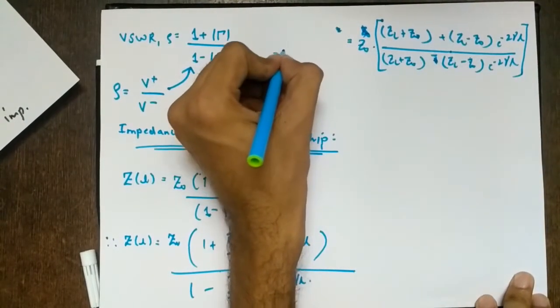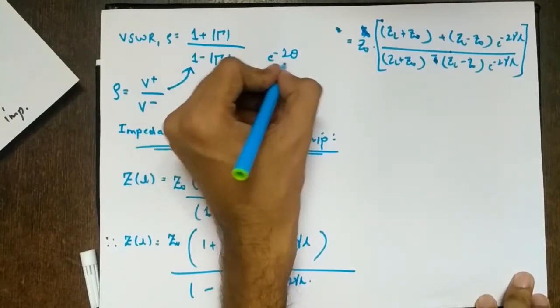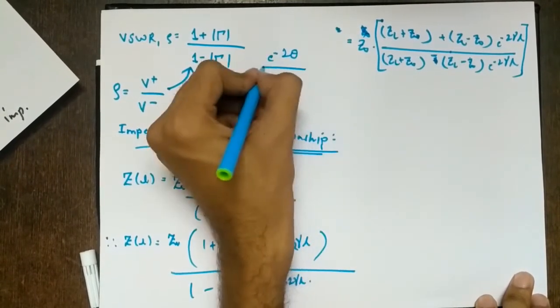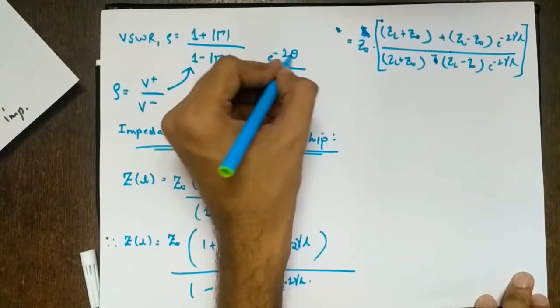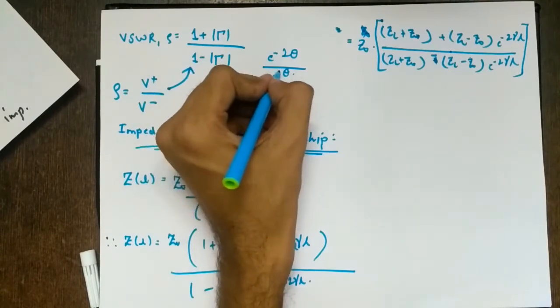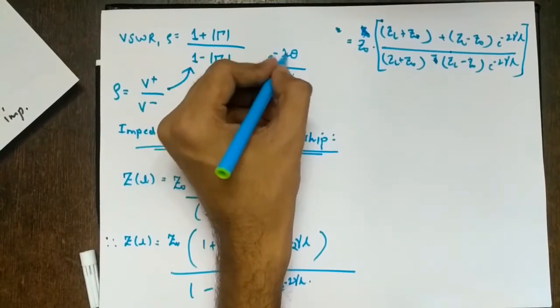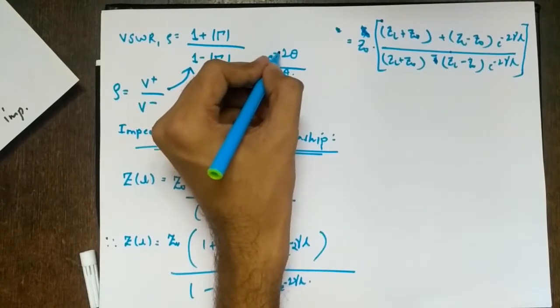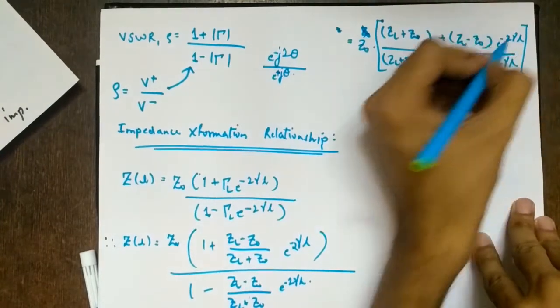Whenever you have an e raised to minus 2 theta term, you divide it by half of it. So half of it is how much? e raised to minus theta, by the angle which is half of it, and make this plus. It will always give you an expression which is a sine theta or a cos theta. Obviously there should be a j here. But what is the problem? There is no j here, right?